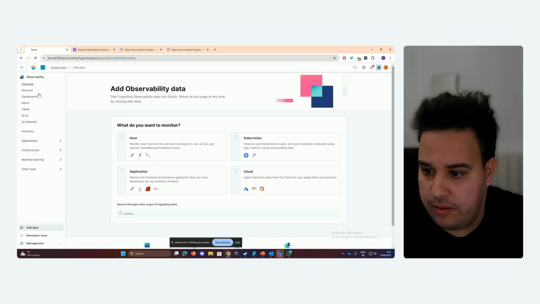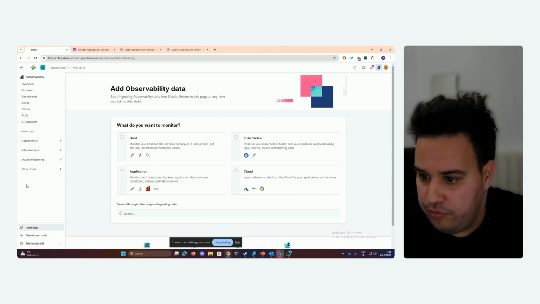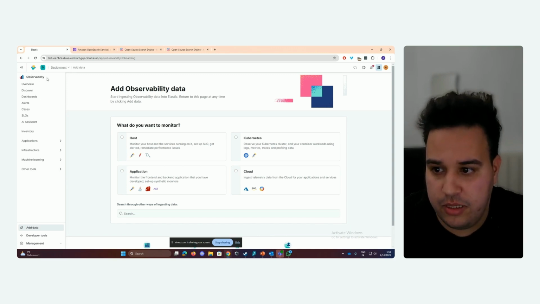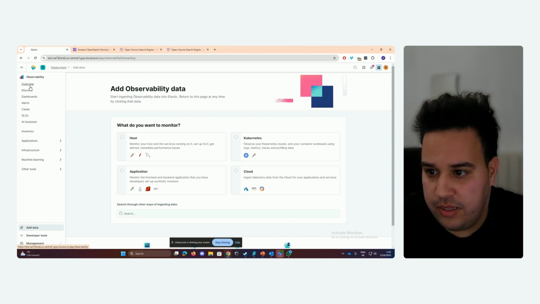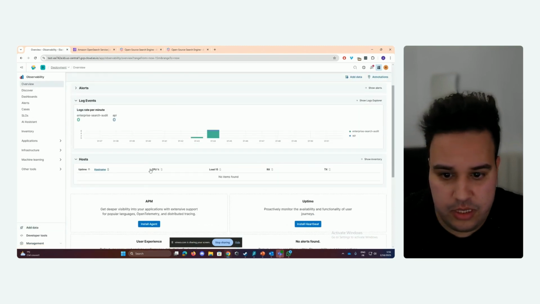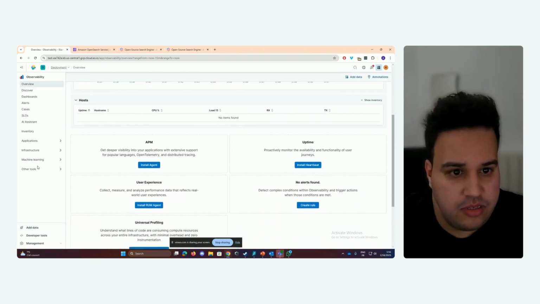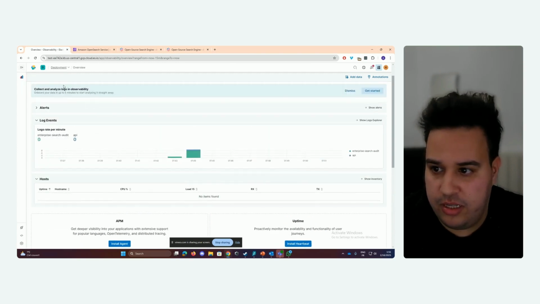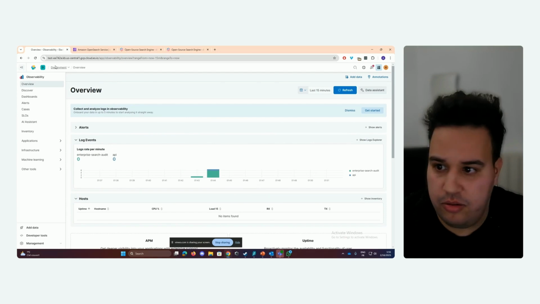So, quite okay, exactly what I expected. They no longer offer you the possibility to see the other services like SIEM security or any other services. Basically, because I have selected observability, it just offered me the possibility to see all the features that come with observability. We're not going to go into the details of this because this is a video about vector search. But it's worth mentioning that it is possible to create these deployments